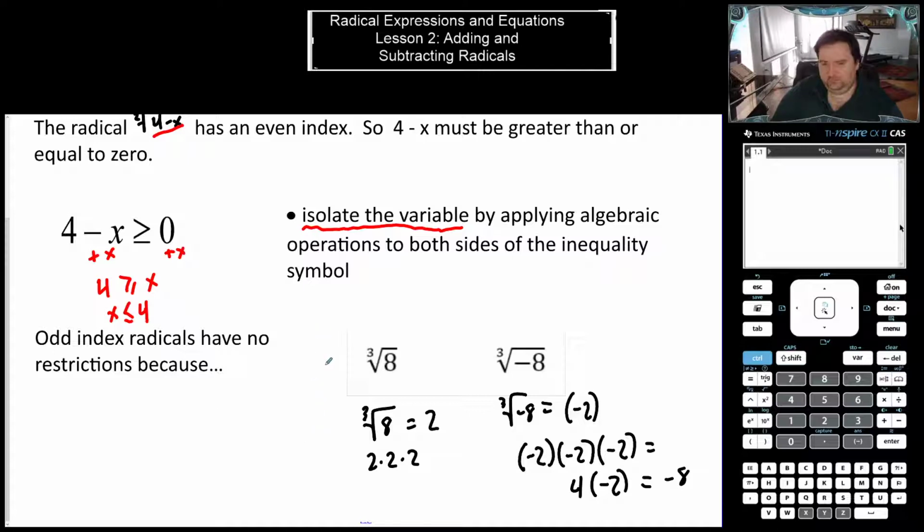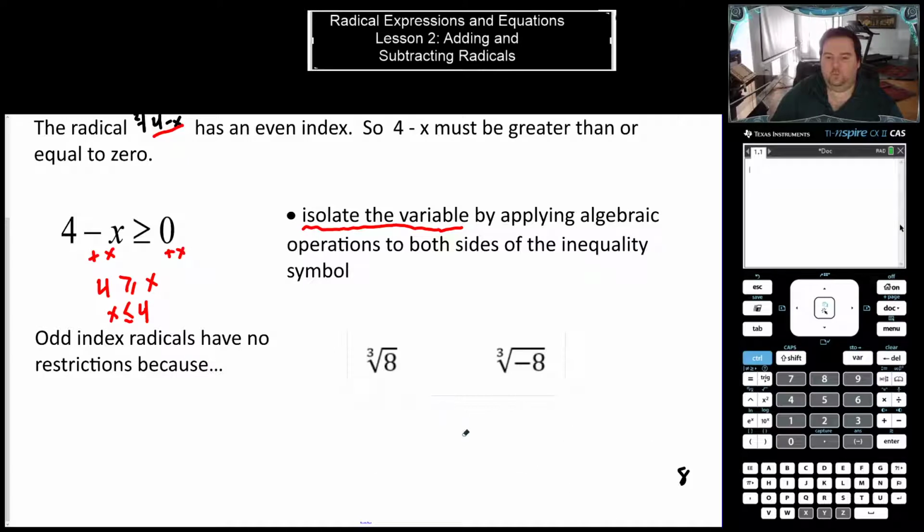Let's scroll down a bit and look at these. Now, what's interesting is that when it comes to these functions, notice it only said that it matters when you have an even index. When you have an odd index like these, it said that there would be no restrictions. And why is that? The reason why is because let's first look at the cube root of 8. We know that's 2, right? We can check in our calculator. The cube root of 8,